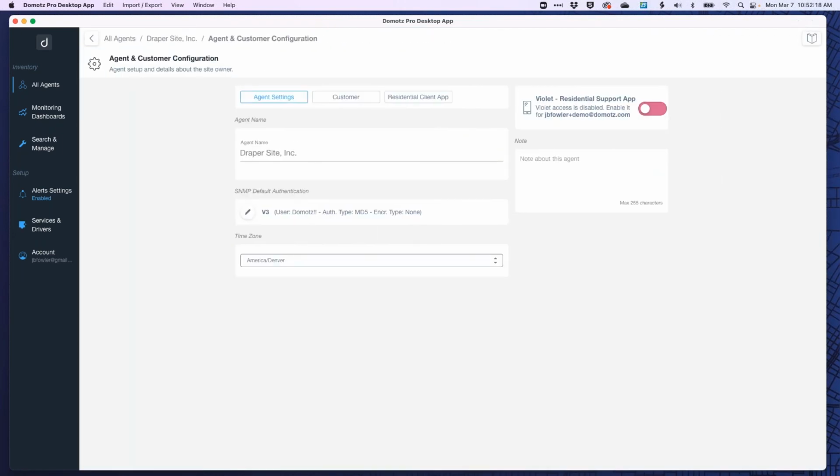You'll notice that when you first open that up, you have the agent settings. This is where you can rename the agent. You also can set SNMP default authentication credentials that can be used on all of the devices that are in your system if SNMP is enabled. To change the location, to get more of an exact location on the knock screen, you need to go to